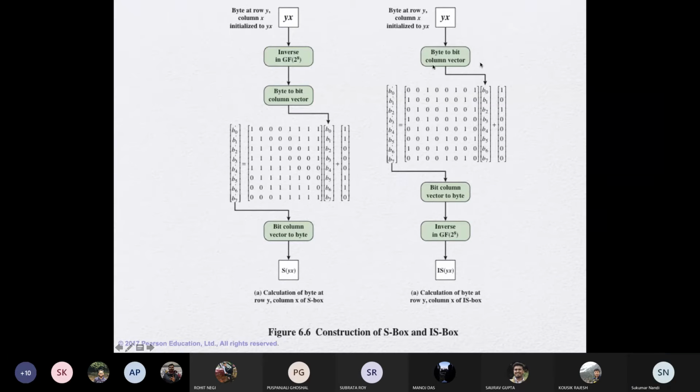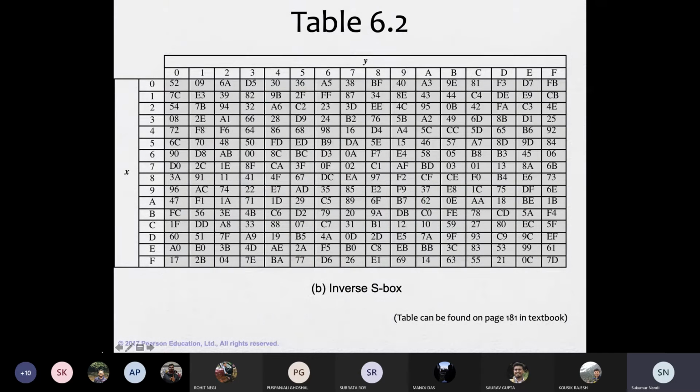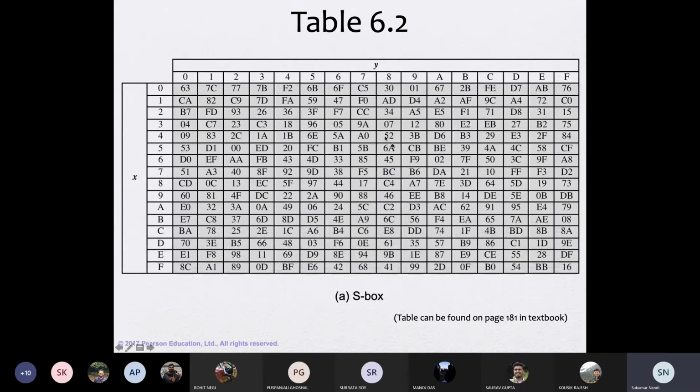So what happens in the reverse case? We take that byte, we apply the inverse of this formula, and obviously the constant has to be calculated accordingly based on the inverse. You can easily find it from the book, or you can calculate it also. What we get, we have to find the inverse of that to get the original byte. These are created here in two tables in tabular form. This formula, the whole thing, is tabulated here.